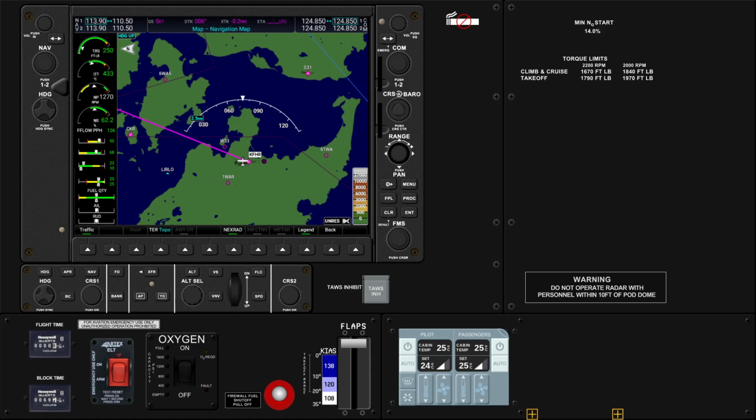So well, I think we'll have it a little bit lower than 25. You can see the fans are on auto there, so they've gone to full on the little graphic, but you can come out of auto, and you see it's beginning to drop down as it reaches temperature. But you can turn the fan up or down manually for both the pilot or the passengers if you're not in auto mode. But we'll go back into automatic, proper climate control, and then we have control over the compressor and also the windshield